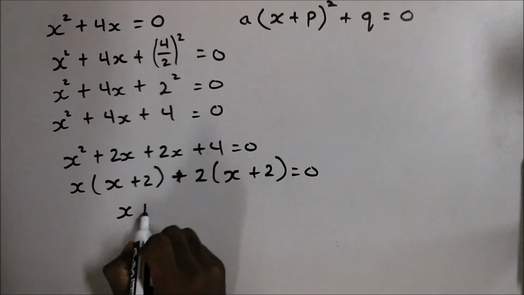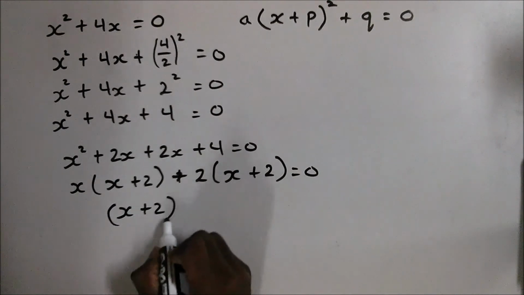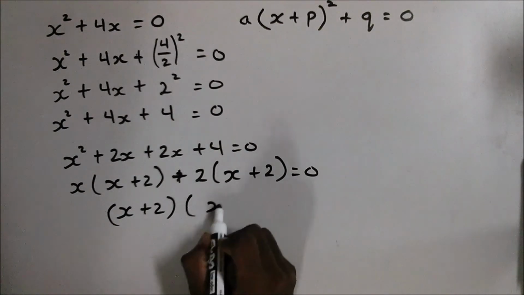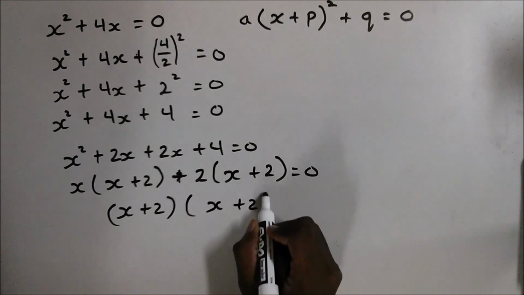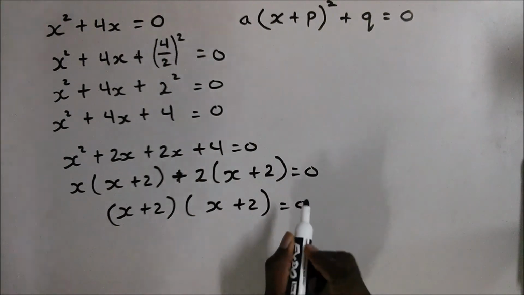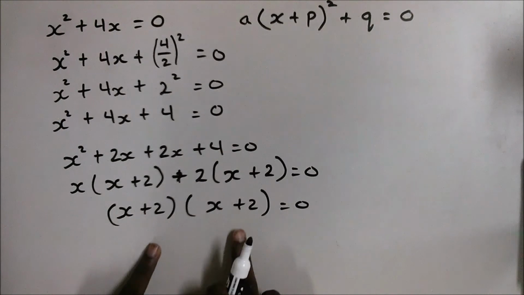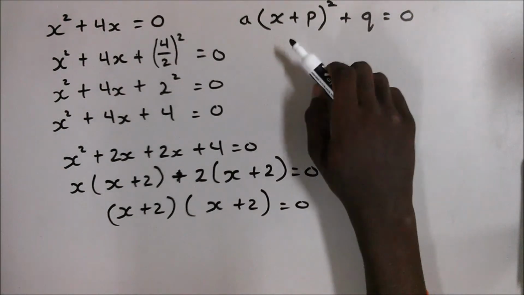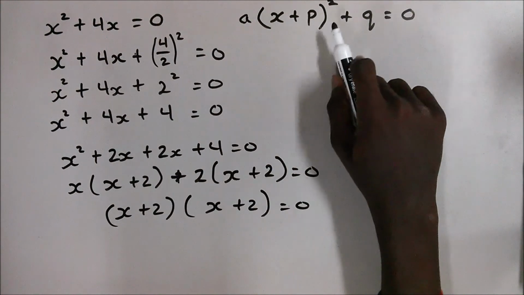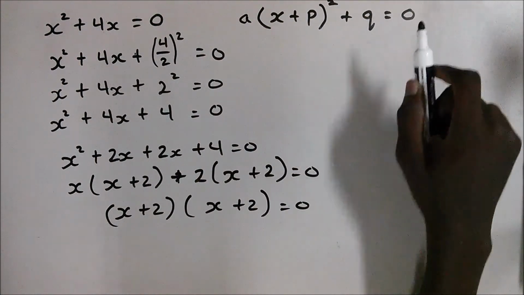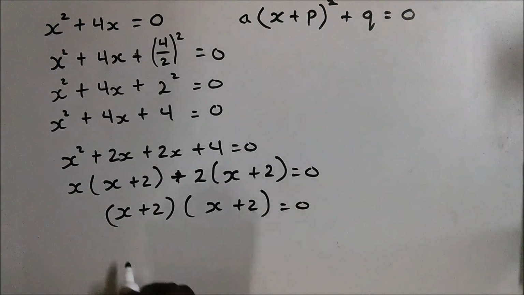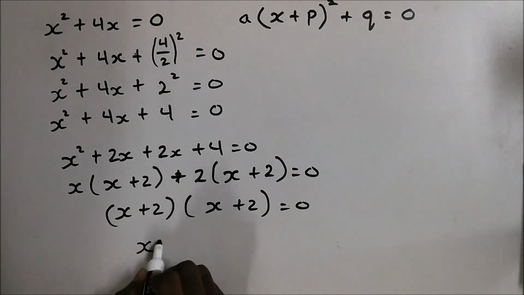Our terms now are (x plus 2)(x plus 2) equals 0. And now that we have two alike terms, we can merge them and put it into this form: a (x plus p) all squared plus q equals 0. So to make it look like that, x plus 2,